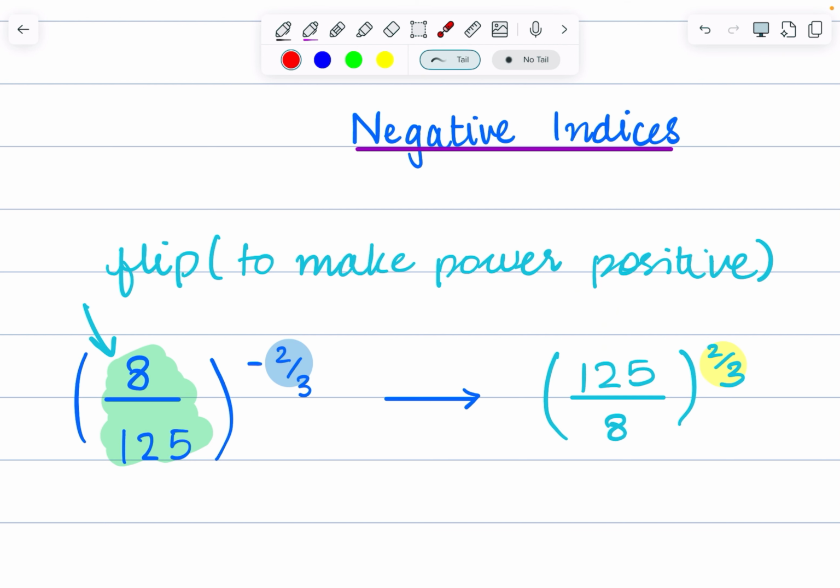आपने सबसे पहला गोल है कि आपने अपनी पावर को पॉजिटिव बनाना है, because we don't know how to deal with negative powers. It's very simple. जैसे हम पहले फ्लिप करते थे, आपने अभी भी फ्रैक्शन को फ्लिप करना है बेस, बिकॉज ये बेस है बेसिकली, this is the base. You're gonna flip it and make the power positive. The power is going to become positive as soon as your fraction flips. Got it?